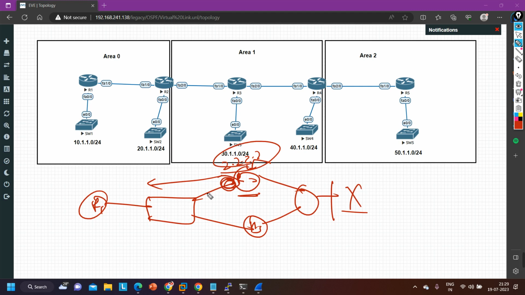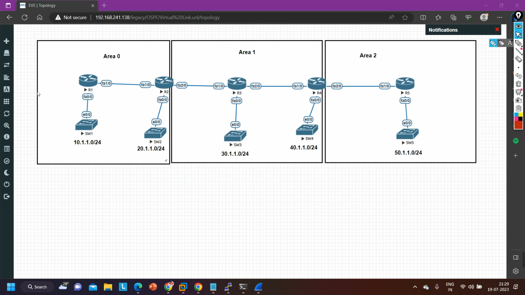So like this, there are some differences in route filtering in OSPF from EIGRP. Don't worry, we will discuss everything, all possibilities for route filtering or path manipulation in OSPF. So from tomorrow we will start path manipulation. I need to design one topology also for that. So I will design one topology and then we will discuss. So now we have covered all parts, all important topics and not important